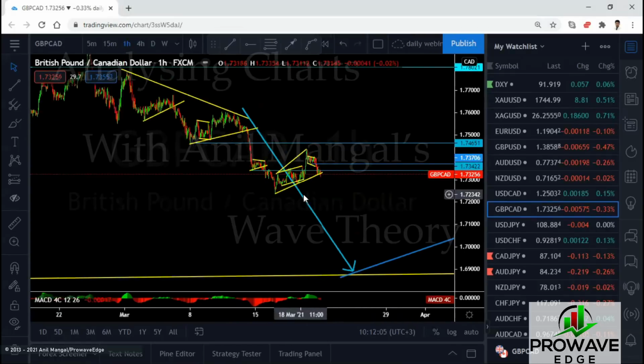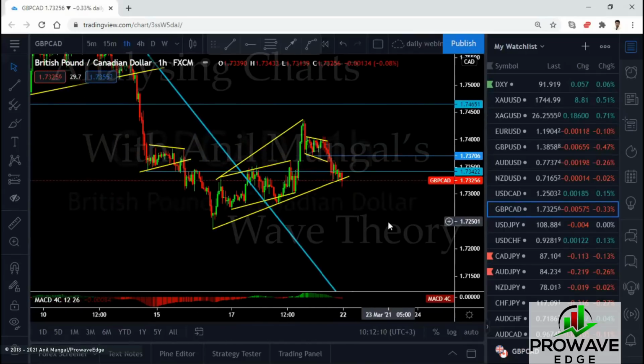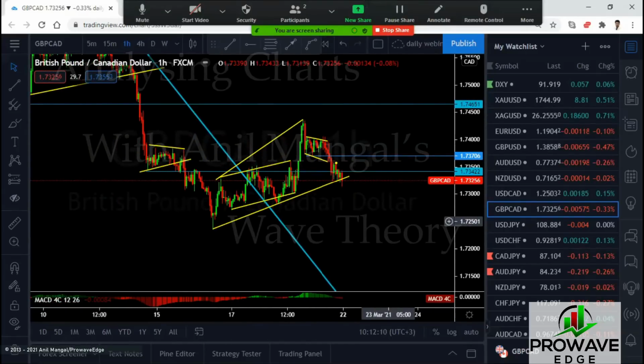Now, there's a chance that it could go back up one more. There's a slight chance for that. I think that chance is almost gone, right? From this point here, if this is a running flat to drop again, we'll probably get another trade somewhere here. Let's see how that goes. Right, so we're in from the break of this, and then we'll see if we get one from the break of this. What if this goes back up to the top there?